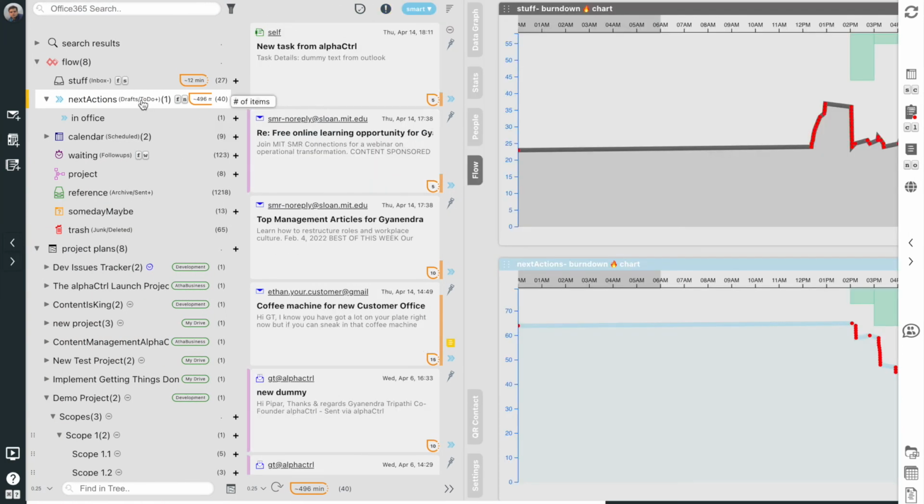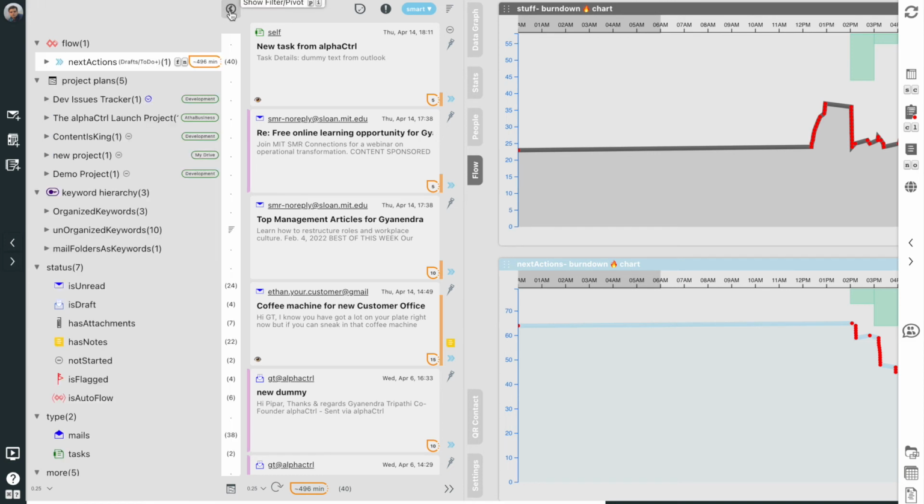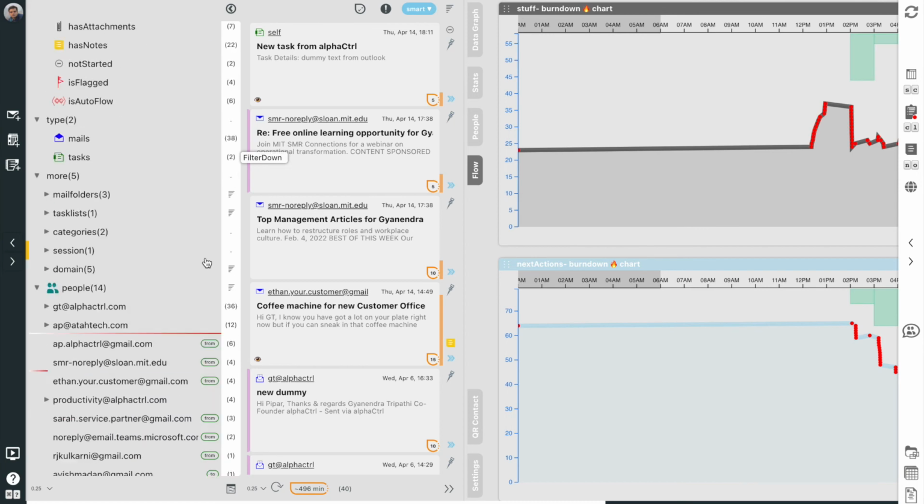On the other hand, if a particular person like my boss, or a particular project, has acquired outsized importance, I can discover next actions from them in an instant, by the simple click of this magical pivot filter button, that generates, for the lack of a better word, an X-ray of my next actions list, revealing which people, keywords, or projects are connected to it.